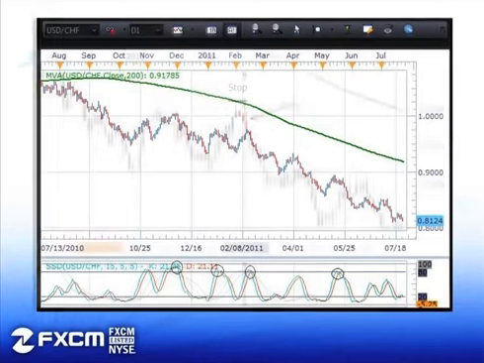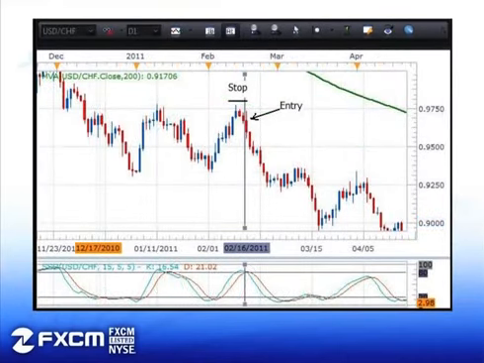Now, what I did was I just pulled the one out of the middle here, and I kind of elaborated it, blew it up a little bit. So when we get that crossover in a downtrend, and this is a blown up example of that dollar Swiss daily chart, as soon as slow stochastics has been above 80 and then kind of bends over to the downside here, that's my entry, my short entry. I'm going to sell the pair at that point. And here's an example.